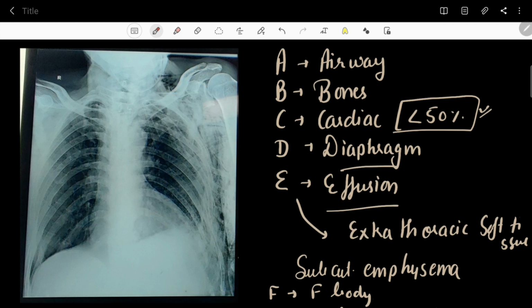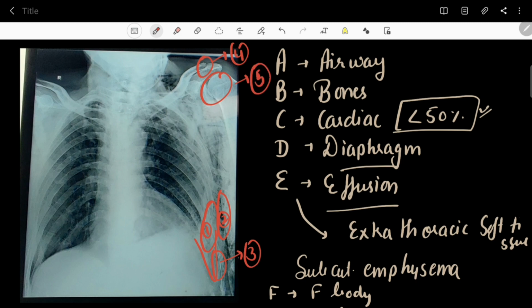So after complete discussion of this chest x-ray, there are a lot of findings in this x-ray. One is the presence of fractures at this place. The ribs are fractured. Next is the subcutaneous emphysema that is present here. The third finding is the blunting of the costophrenic angle at this side. Next is the acromioclavicular joint disruption and the humeral head subluxation.